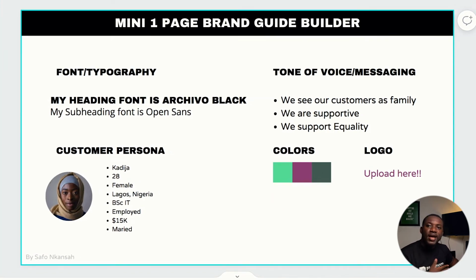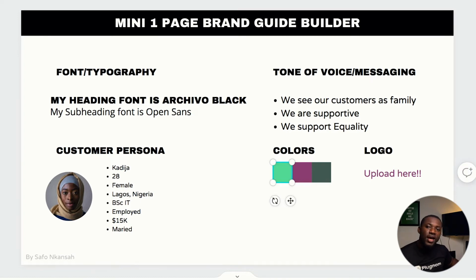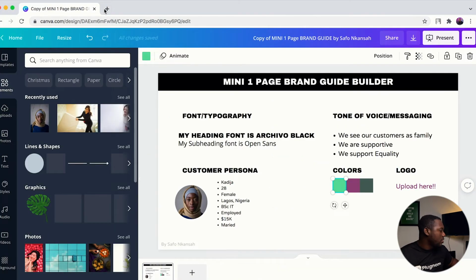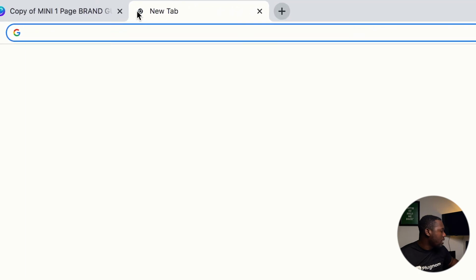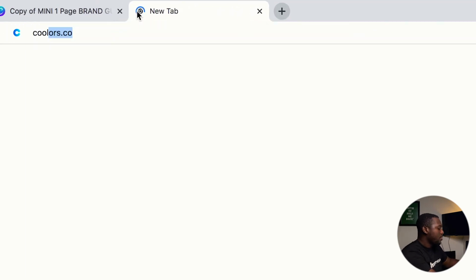So the essential part to look at is the colors. So these are colors I personally added inside this page builder. These are 3 different colors. If you already have your colors, you can simply click on here and change all of these colors. But I'm also going to share another tool with you that will also help you in generating colors for your branding. So if you go into a new tab, you type in